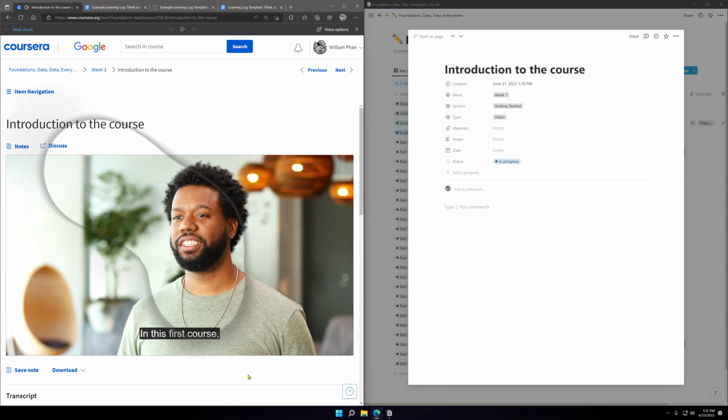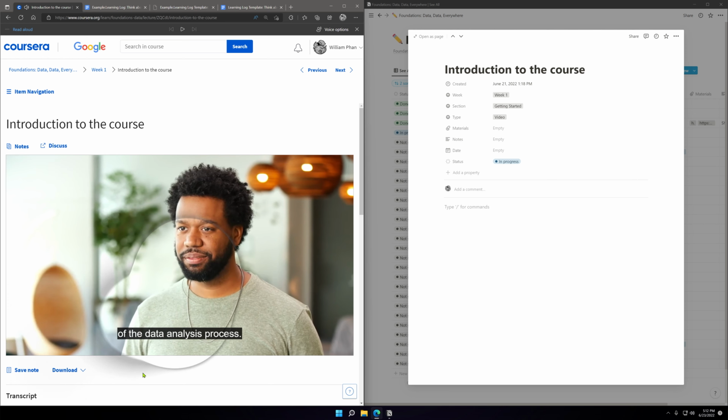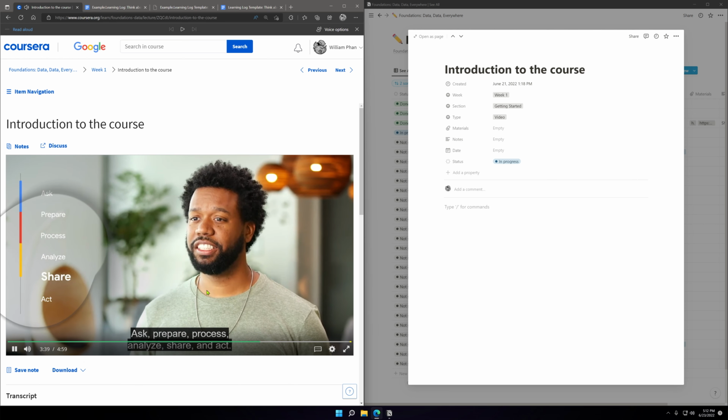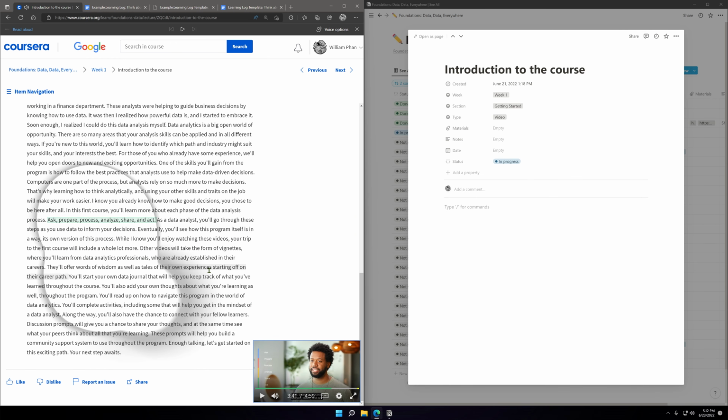In this first course, you'll learn more about each phase of the data analysis process. Ask, prepare, process, analyze, share, and act. I think that's important to note down.